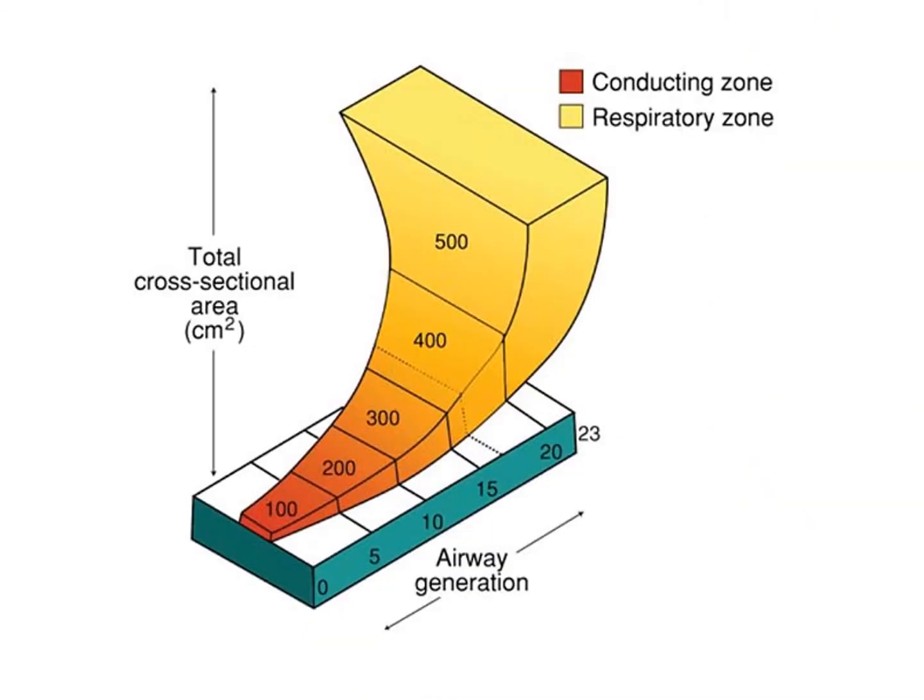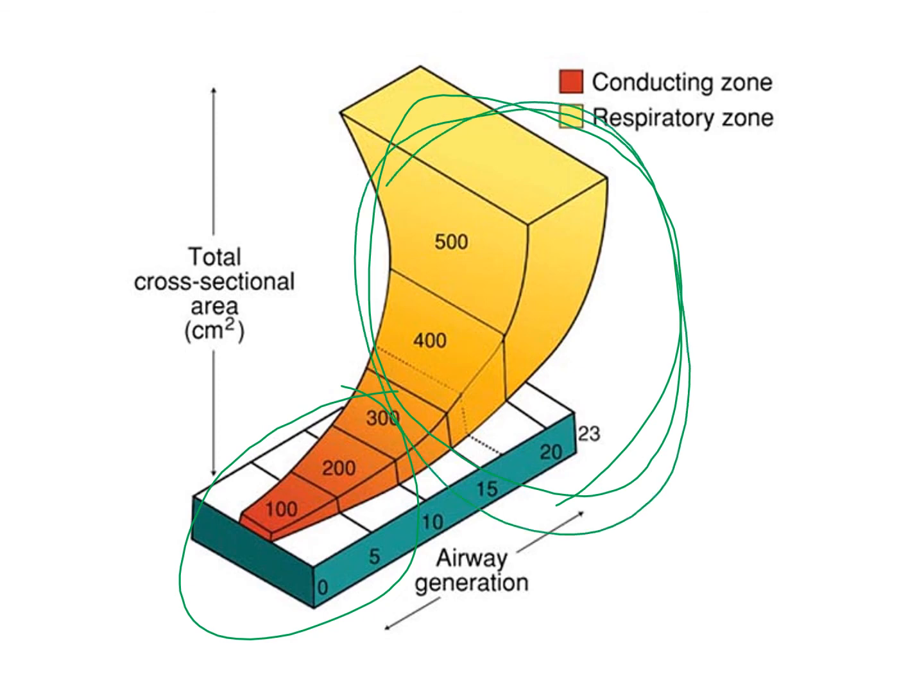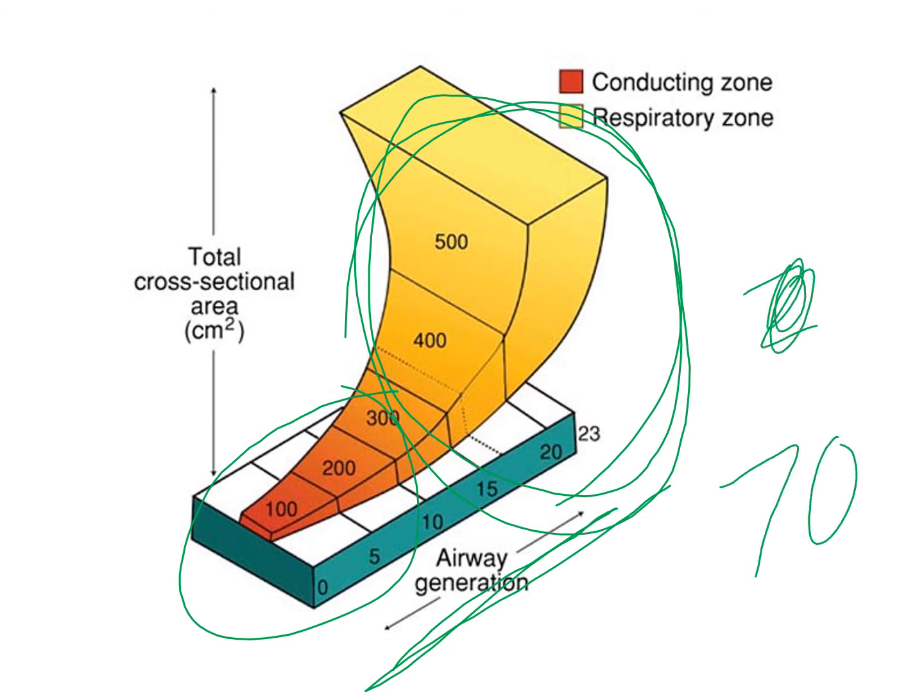And this is just a different picture looking at the cross-sectional area. So the conducting zones up here in the red, not a lot of stuff going on there, but as we get further and further down, closer to the 28 generations, see how it increases exponentially, right? Your cross-sectional area, as you get further on in the generations, will increase pretty dramatically. And this is going to be 70 meters squared, your cross-sectional area when you get to the respiratory